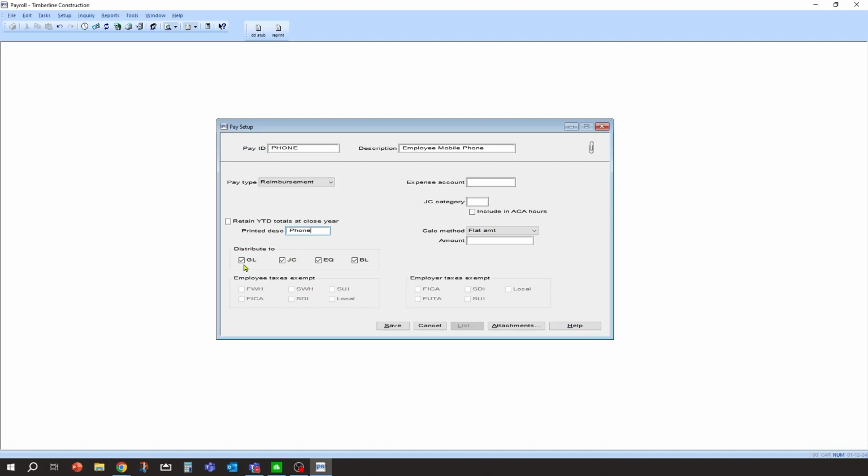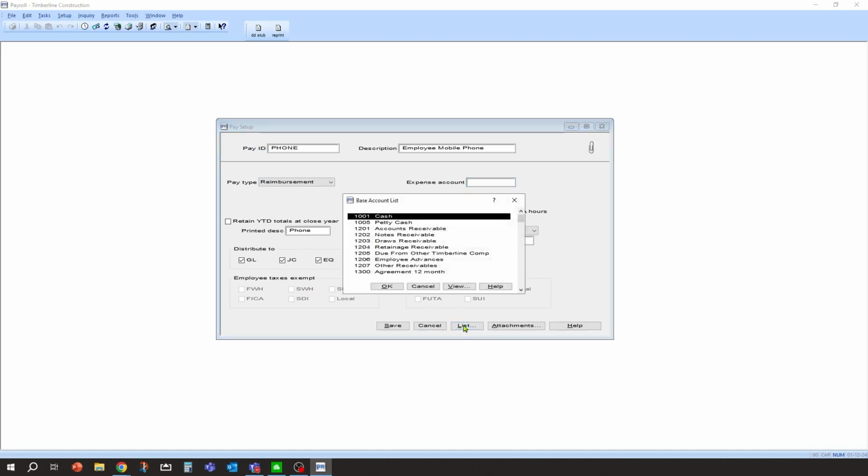We are going to post this expense reimbursement to the general ledger and possibly to the job cost. So you can distribute this to any of the modules that you need to. What you want to do here is make sure that there's an expense account filled in, especially if you don't plan on charging this reimbursement to a job within the system. This again is going to depend on your GL structure, but in mine, I have a 4-digit number. I'm going to go down here and find an expense account that is related to this reimbursement. I believe down here we have a telephone expense account that we're going to use. So we want it to go to 6119.